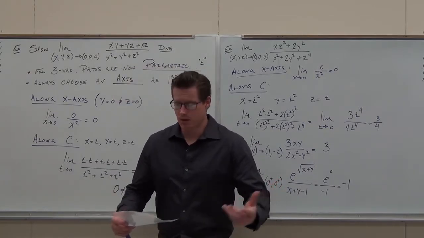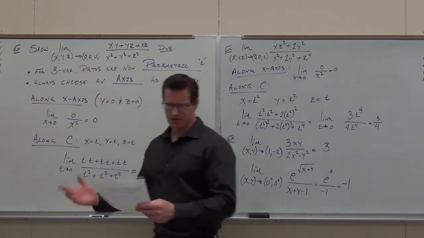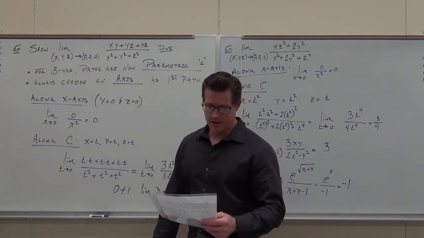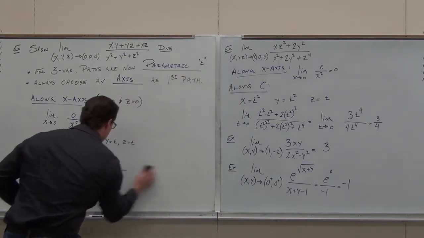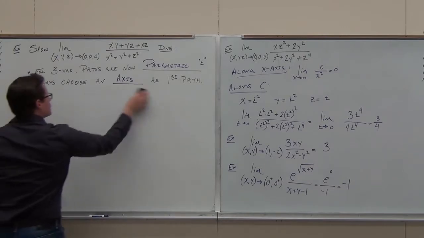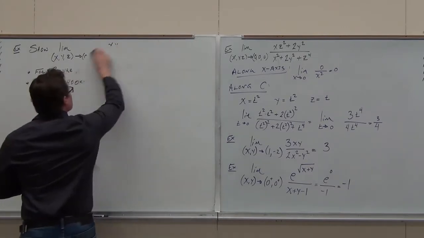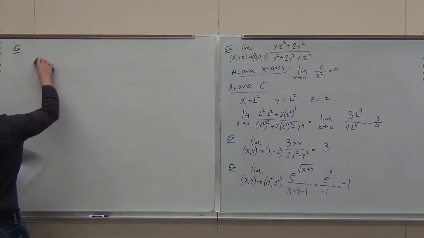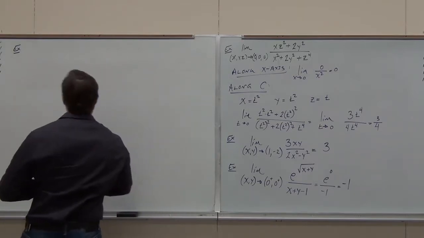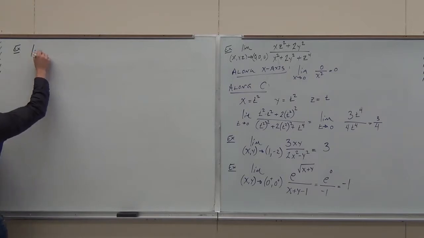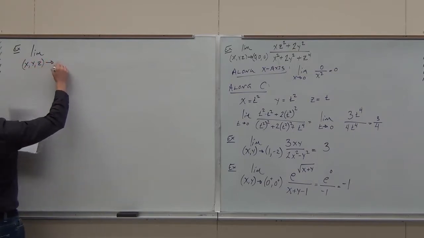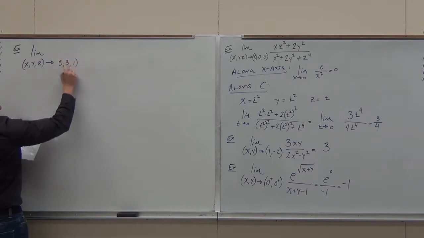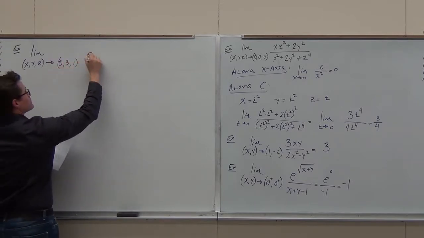We can make them nastier, but the idea is the same. So let's try, I'm going to give you one that's kind of nasty, and then I'll give you another one I want you to think about. So give it a try. Here's x, y, z. I want the limit of the following function as we approach the point 0, 3, 1. And the function is